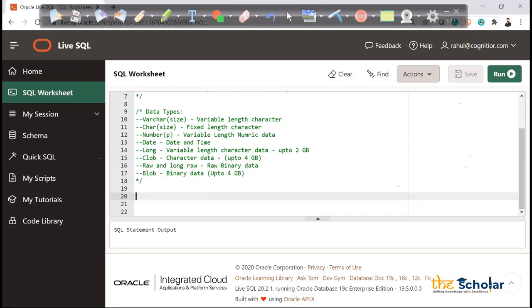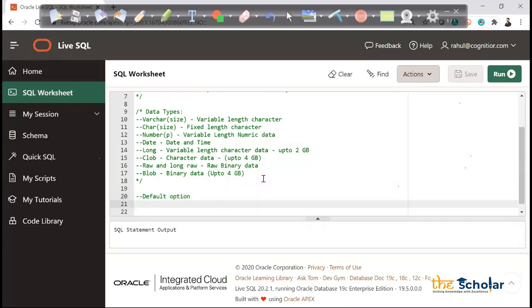Now, when we are creating a table, there are a lot of constraints which we have to follow, right? That is the main topic which I want to discuss today as well. But before that, I will show you one table which I'm creating. There is a concept of default option.